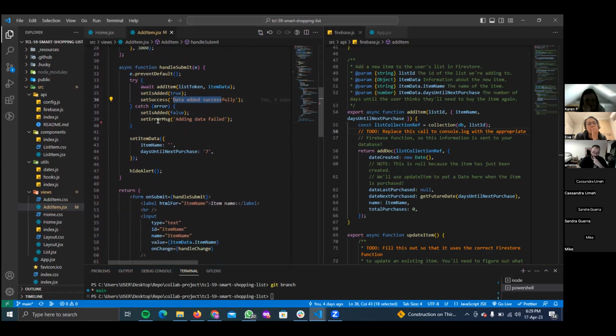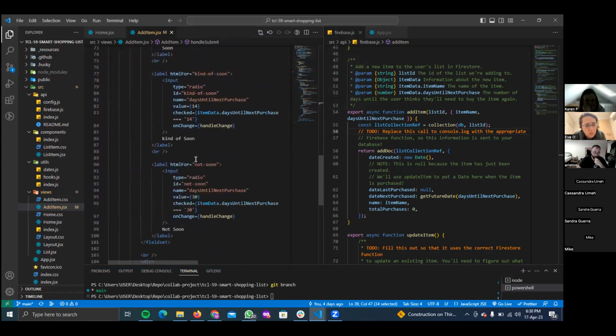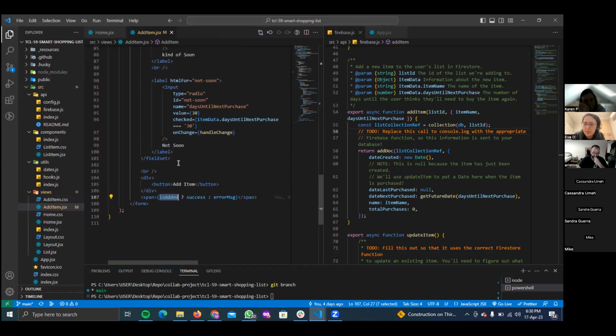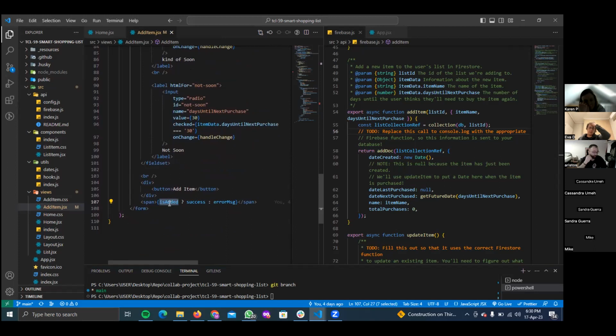And if this is not successful, then we reset this to false, and we set a message into this set error message, and we are displaying the error messages down here. And this is majorly why we created a third state, something like a flag, that once it is true, we display a success message, but if it is false, we display an error message.